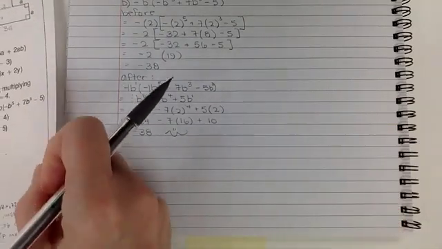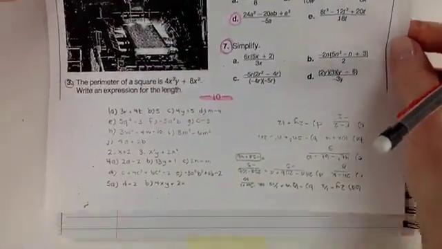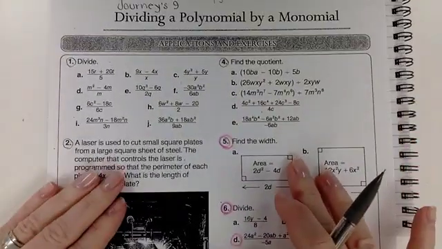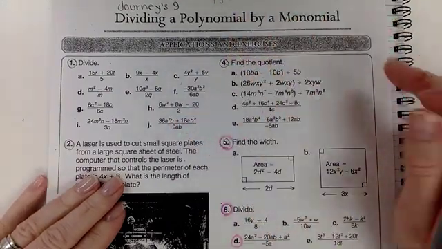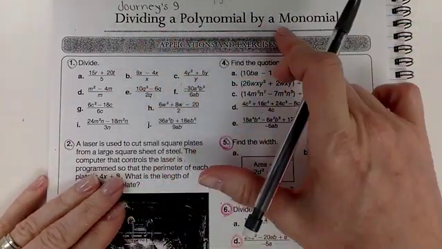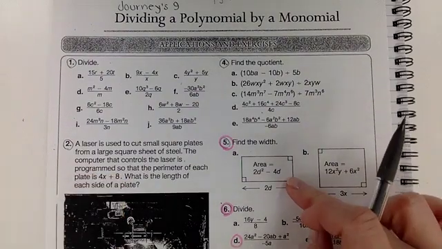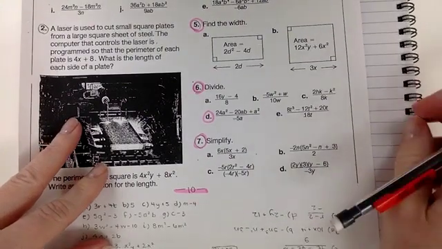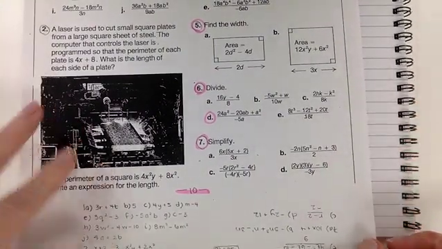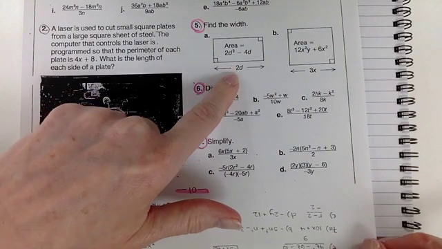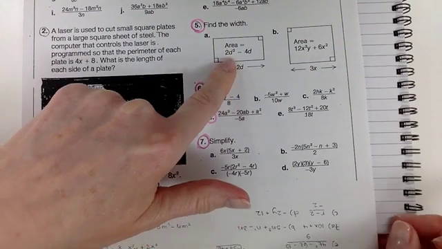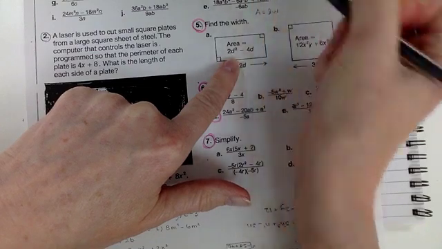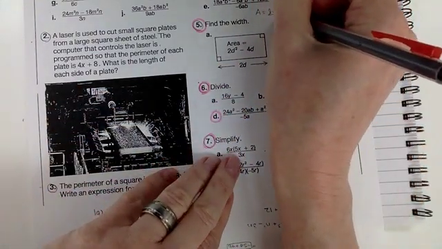Now we are going to go to, this is page 10. So at the top, it is actually your page 4 that you got, the 7.3 dividing a polynomial by a monomial. And I'm just going to quickly do questions 5, 6, and 7 for people who wanted these. Find the width. So area here, they've given us. Area, remember, we know is length times width. They want the width. If I divided by length,